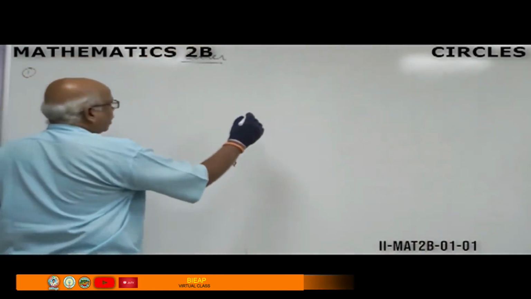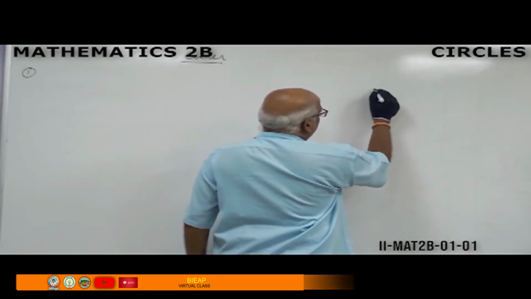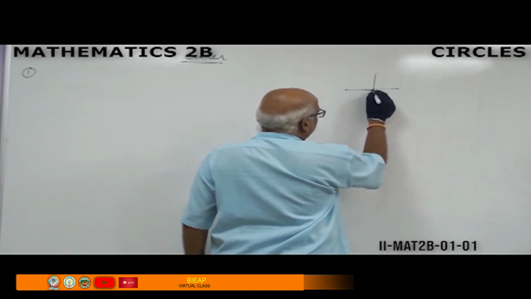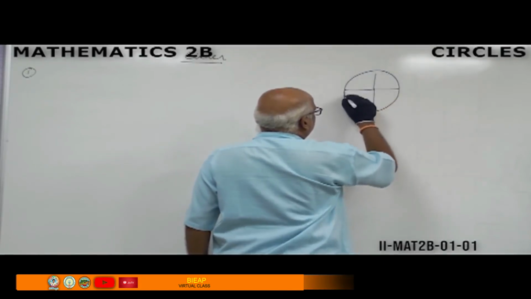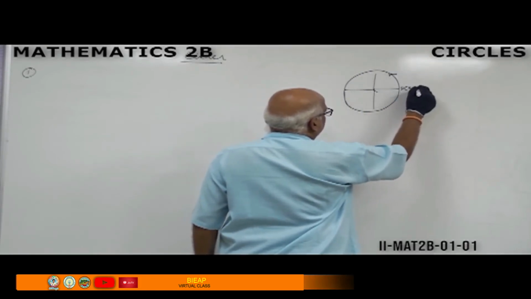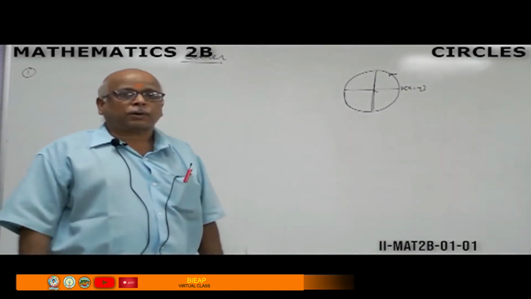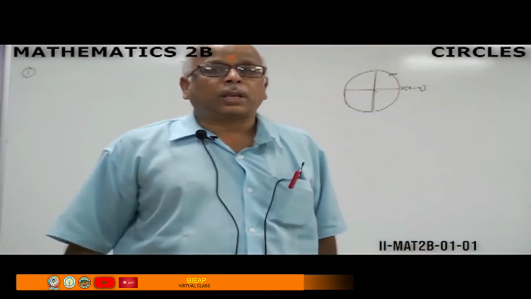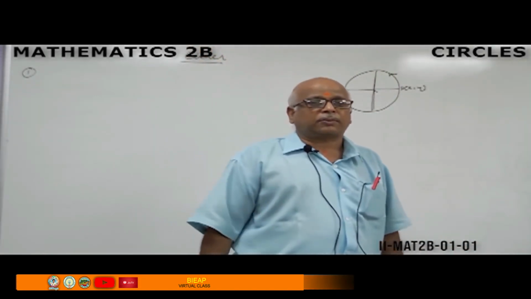For example, if you draw the diagram, this is the fixed point. A point is moving in all directions with equal distances. So naturally, its path will be like this. This path is called a circle. Path is mathematically pronounced as locus. Once again, I repeat: the locus of the point which moves at equal distances in all directions from a fixed point is a closed